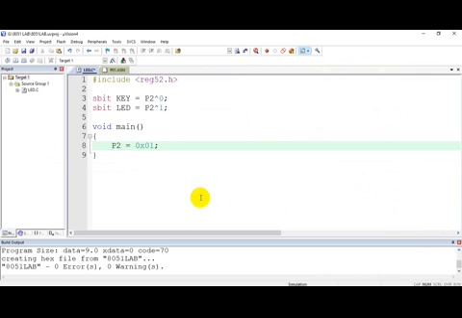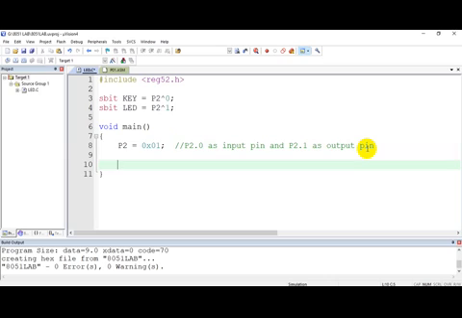So this will make key P2.0 as input pin and P2.1 as output pin. The last LSB is P2.0. That's why I have made it as input pin and P2.1 as output pin.